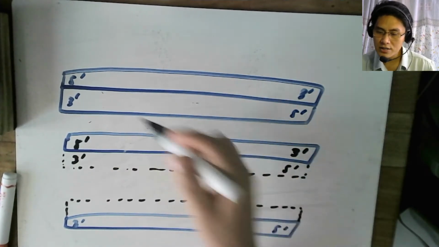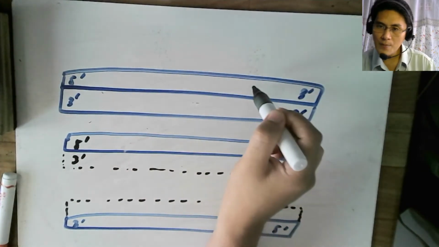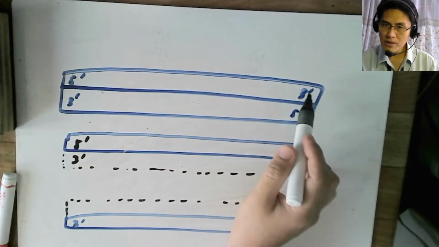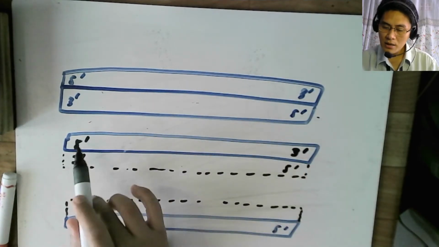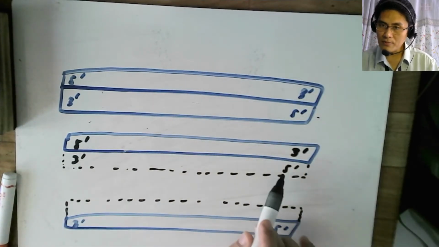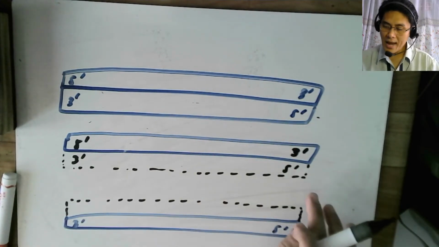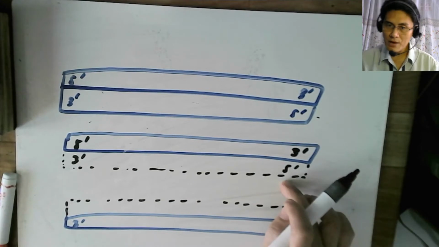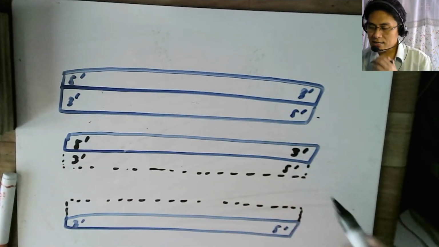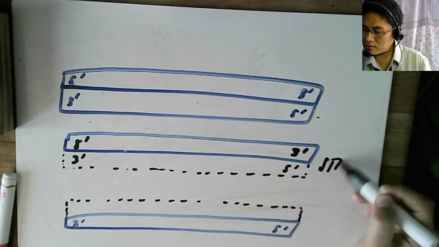Get? Because in the original, it is 5 prime to 3 prime in the upper part, and 3 prime to 5 prime in the lower part. So therefore, when it splits, in the upper part, what you will build is the 3 prime to 5 prime, if you go from left to right. But if you go from right to left, as in the video, then you start from the 5 prime to the 3 prime. So if this is the case, and you start here, and this is the start,